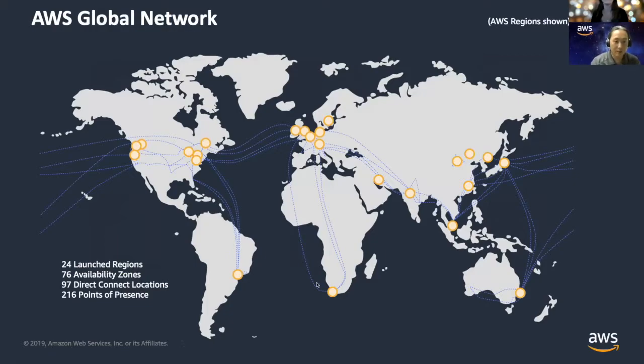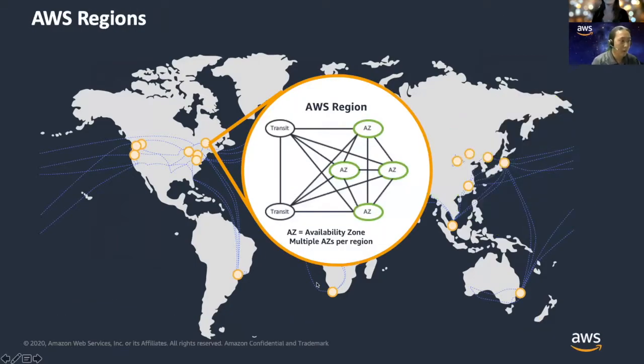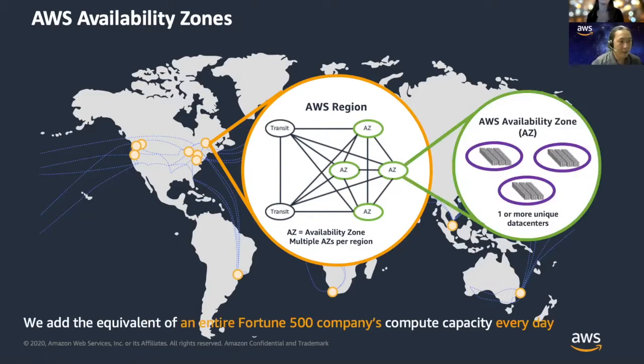Within this, we have the idea of regions, and a region is a group of local data centers, or availability zones, in the same general place, but each AZ is separate from the others, usually separated by disaster zones or different power grids, so that you're not sitting on one particular location. Each AZ is made up of more data centers in that area. So if you were to lose an AZ, you wouldn't lose the whole region. And this gives us a way to have really strong